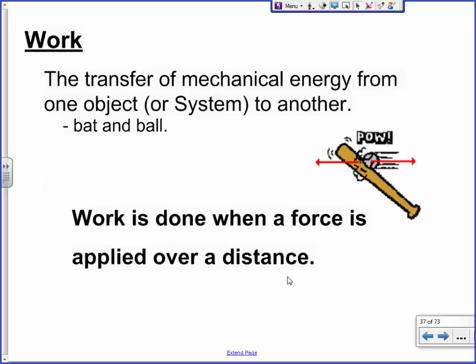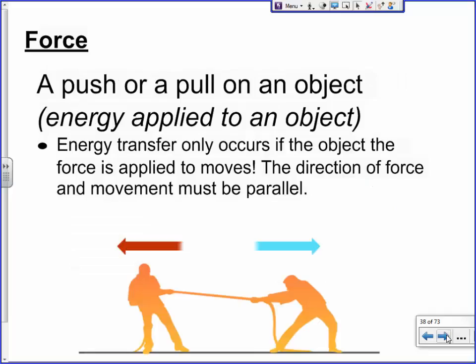Work is a force times a distance. If you apply some sort of force, do you guys know what a force is defined as? A couple of P words. Push or pull, yeah. A force is usually some sort of push or pull. If you push or pull something over a distance, that's work. So that's actually, I guess, was on my next slide. Good catch if you didn't see that beforehand.